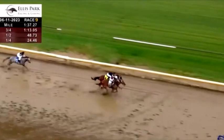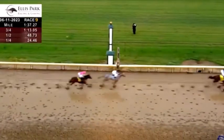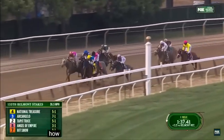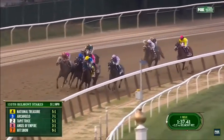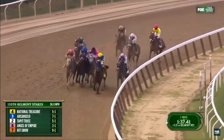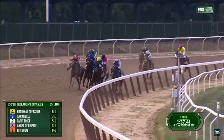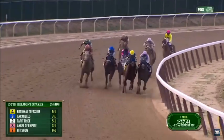Hit Show is Brad Cox trained, son of Candy Ride, 4th in the Belmont. And he ran actually quite a good race, I think, in this one. He was right up front pretty much the whole way. And into that final turn, he was nudged, pinched, whatever you want to call it, inside a couple of times by Angel of Empire, because on the outside of Angel of Empire was Tapit Trice, his big butt. So they were all trying to vie for position, and Angel of Empire ended up getting the nod on the positioning there. But